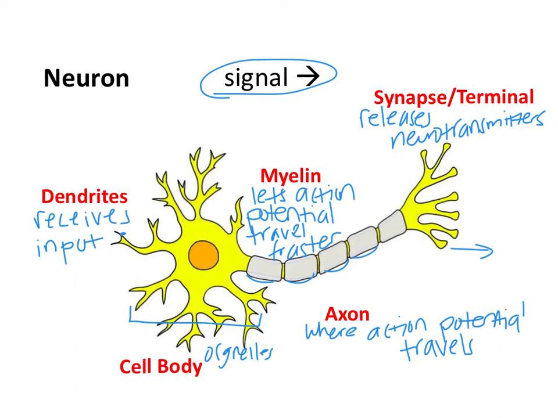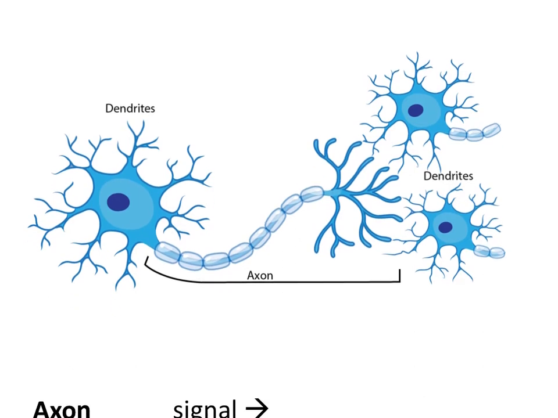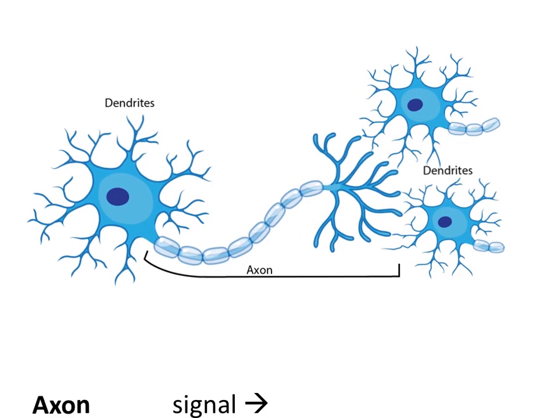When a neuron receives input, that input has to be on the dendrites, and then the message travels through the neuron and gets released at the synapse. So a message in a neuron can travel only one direction. You would not see a chemical binding to the synapse and moving the opposite way. So because of that, neurons have to be oriented in a specific pattern as shown on this slide, where you have the synapse of one neuron ready to release a chemical such that it can bind to the dendrites